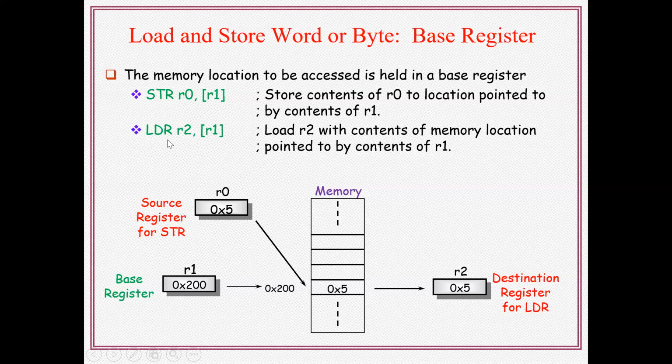Next one, we will complete the second one, load register. So here on the right side, in load register, R1 points to the address 200H. The content available at 200H is 05. That 05 is copied into the R2 register. After execution of this instruction, R2 is loaded with 05H, that is 0x5. That is store and load. The left side is the example for store and the right side is the example explanation for load register.